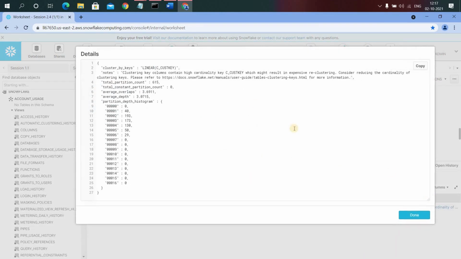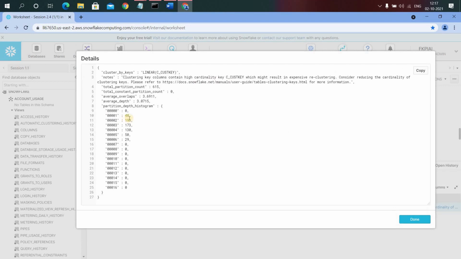Let's diagnose the result here. What it is saying is the total number of micro partitions is 615 and the total constant partition count is 0, meaning if you recluster, all 615 micro partitions will get the benefit, and average overlaps are 3 point something. This is the average number of micro partitions which have the overlapping values.